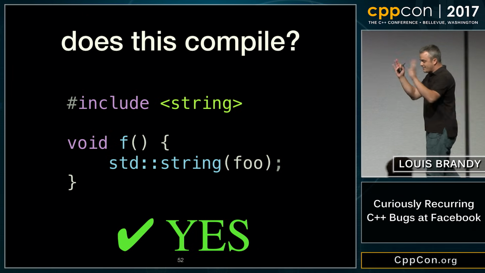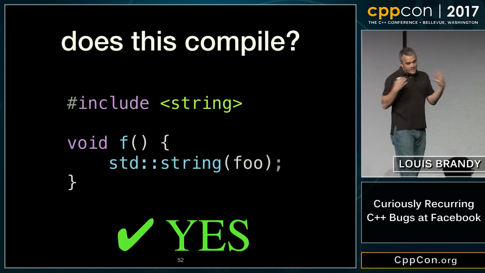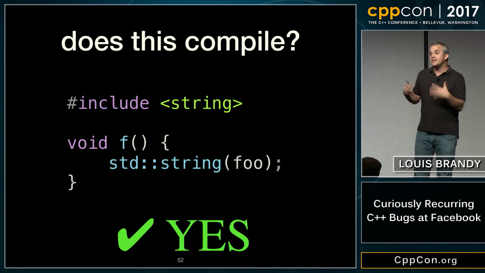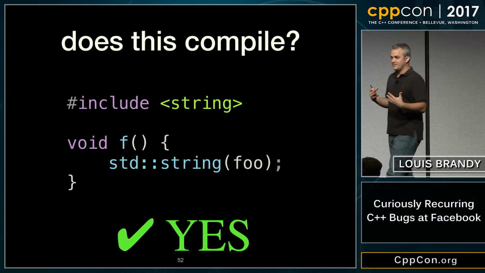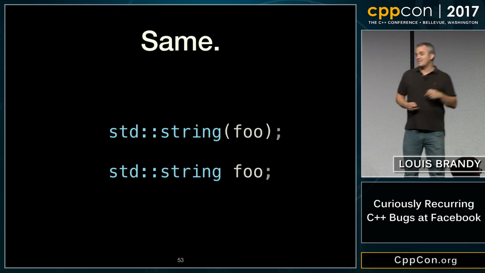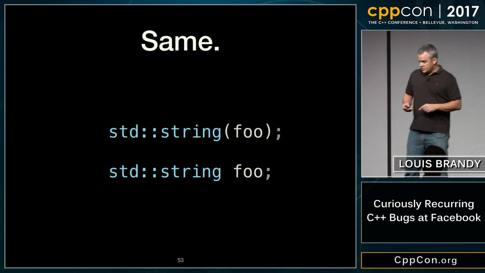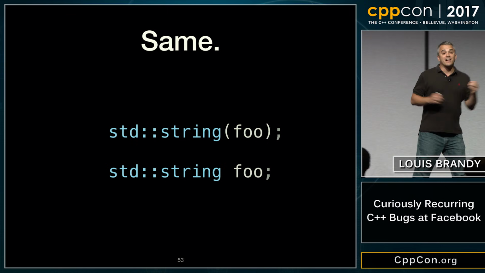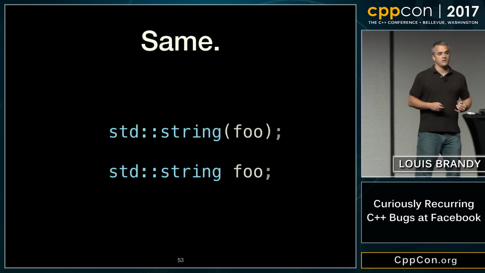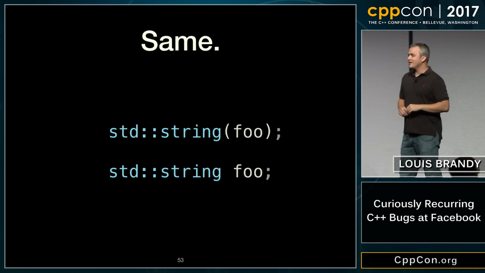And the answer, and I'm not an expert in the standard, but my understanding is the way the standard works, at least in this part of the standard, if something looks like a declaration, it is a declaration, no matter what else it might be. And that looks like a declaration. So this and this are basically the same line of code. Those parentheses are optional. So what you're seeing at the top is a declaration of a string called foo. Now, that seems like trivia. That seems weird.